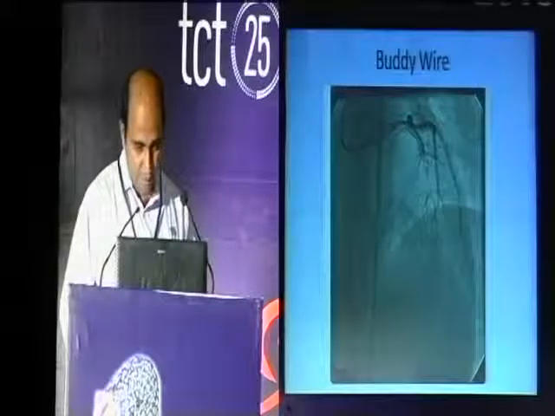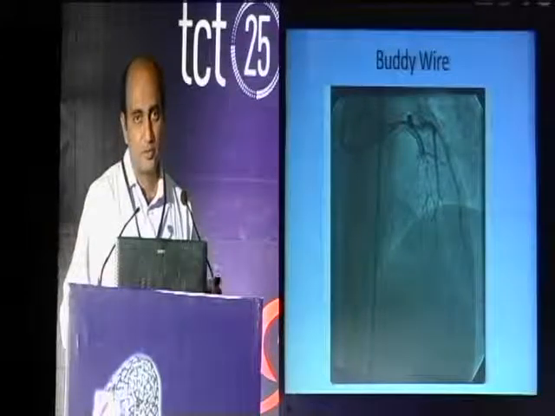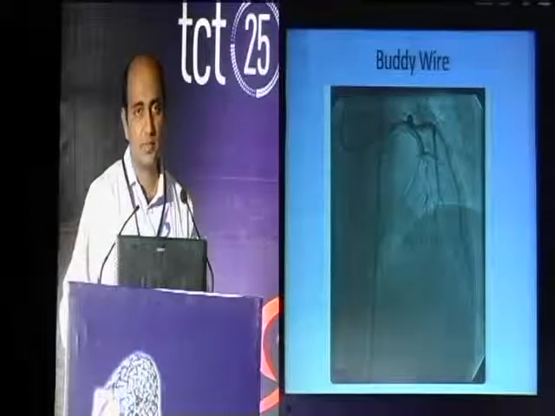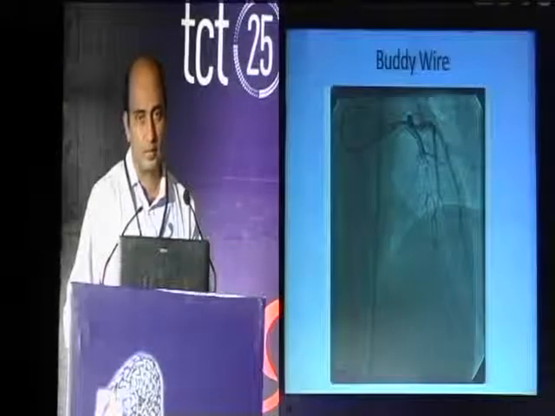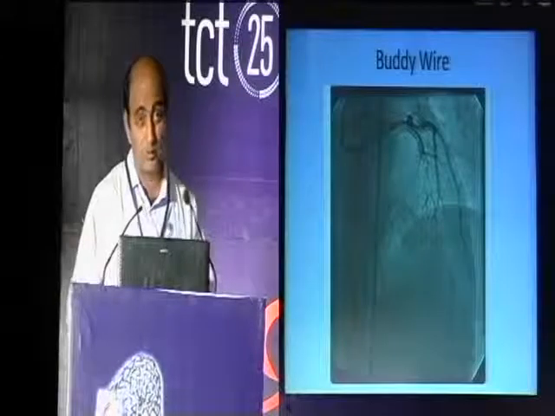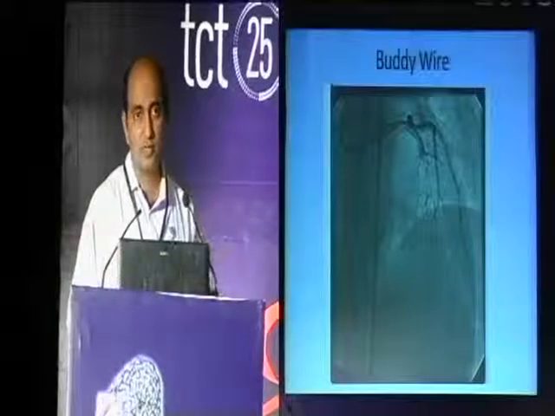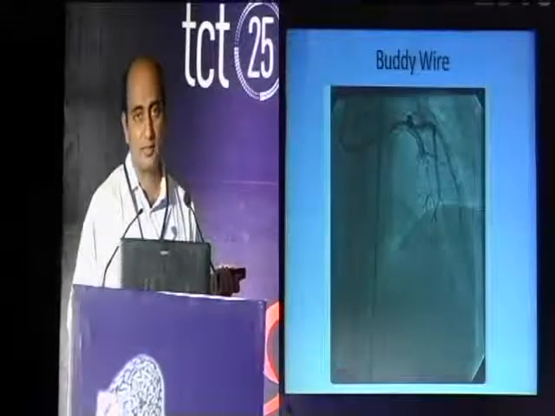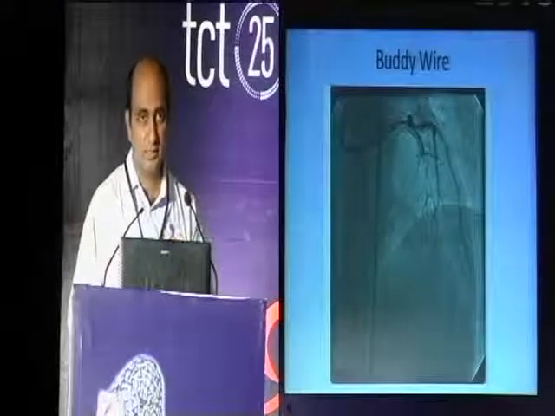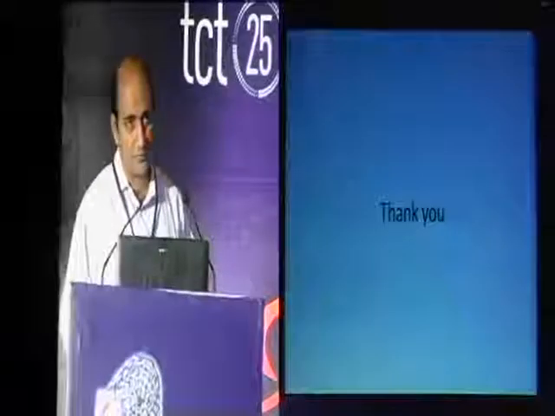So these are some of the techniques which can be applied, but one important thing is, if you are using these extra support wires, and if there is a very tortuous anatomy, many a time you will induce the accordion effect. So at that time we have to be very careful, and then decide what type of support wire, whether we have to use a stiffer wire, or you can still take a soft wire, and with the help of this mother and child catheter, we can overcome this accordion effect and go ahead with the angioplasty. So with each intervention, the technique will be individualized. Based on your experience, you can go ahead and do it. Thank you very much for your kind attention.